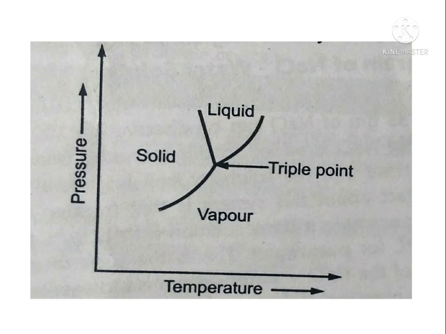gases. The point on phase diagram at which the 3 states of matter such as gas, liquid and solid coexist is called as triple point. In any one of these regions or phases, temperature or pressure may be varied with no change in phase because there are 2 degrees of freedom. At triple point, capital F is equal to 0 with specific temperature and pressure. Hence all the 3 phases, that is solid, liquid and vapor, coexist in equilibrium.